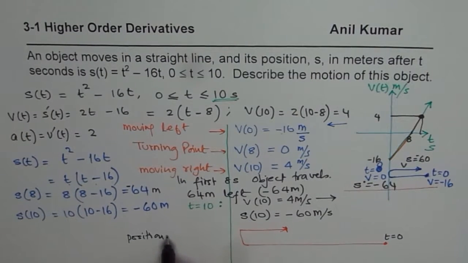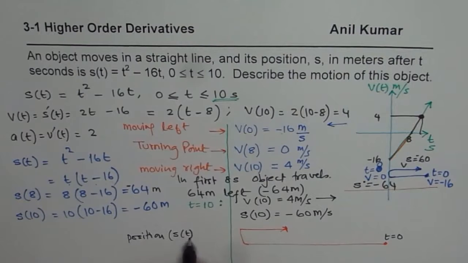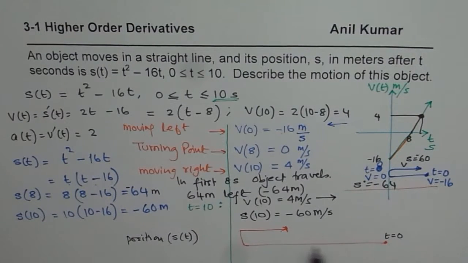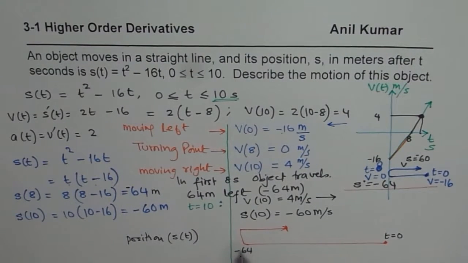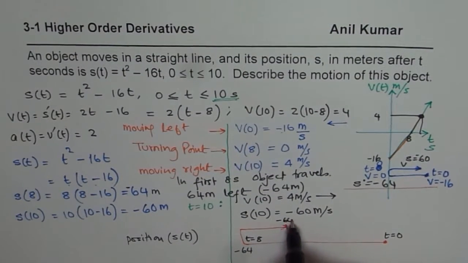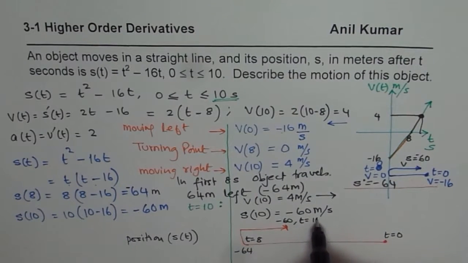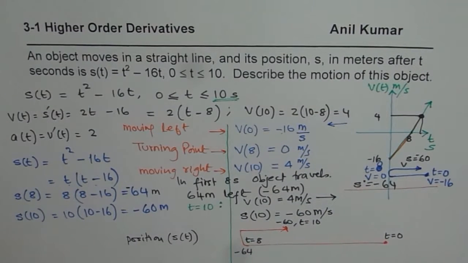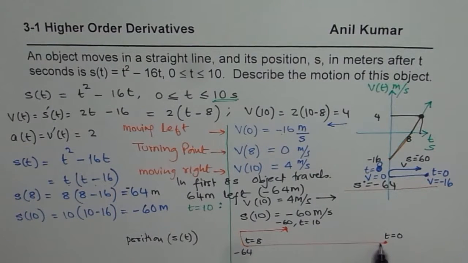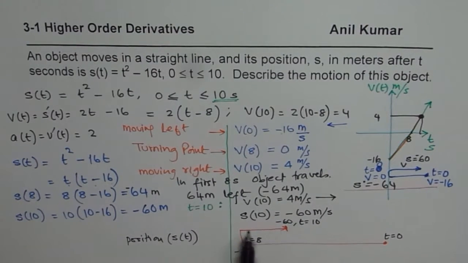That means S of t, right? So it is minus 64 at t equals 8. And here it is minus 60 at t equals 10, right? So that is how the position is. The object is actually on the left side of the starting point, so negative 60, even at the end of